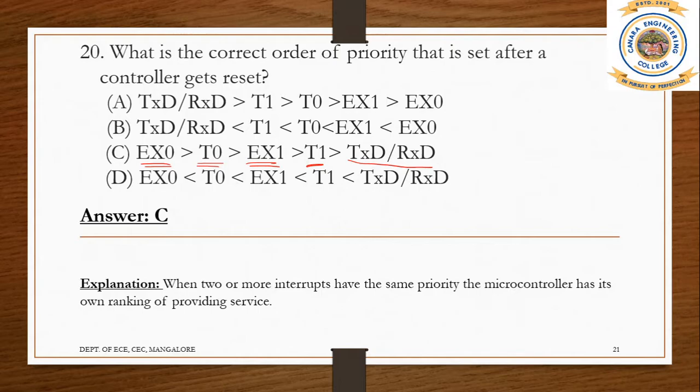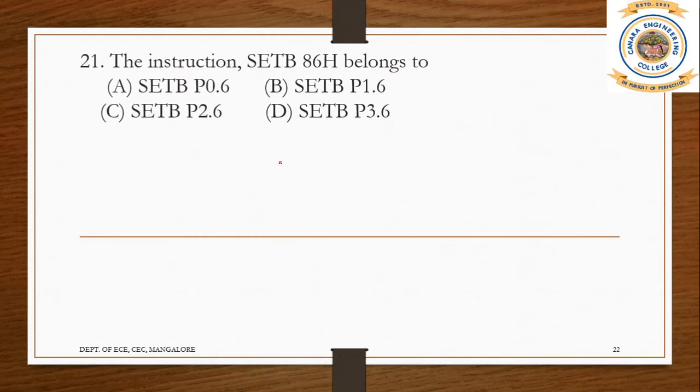Okay, so this is 8051's own way of ranking. You cannot ask why it is ranked so. There are reasons, but it's like asking why sun rises in the east. A question similar to that. So you have to remember this one. So next question is based on addresses. You should be able to remember addresses of the ports basically, or addresses of special function registers.